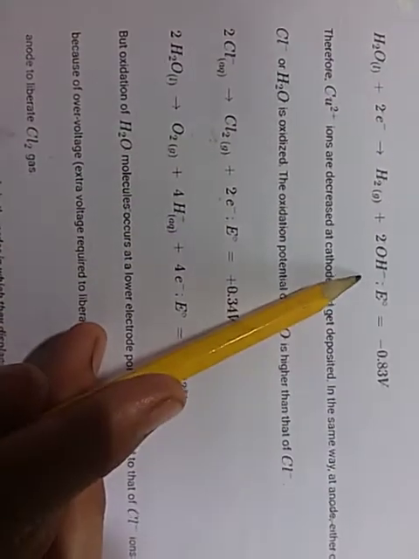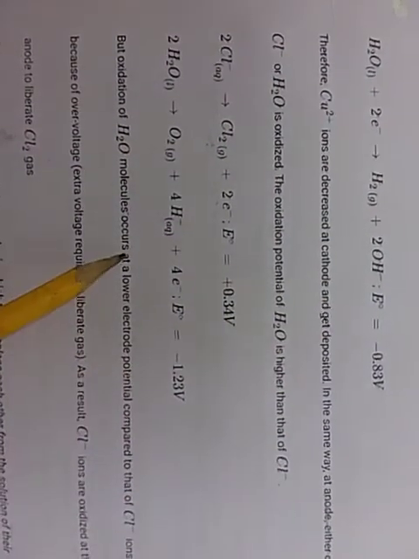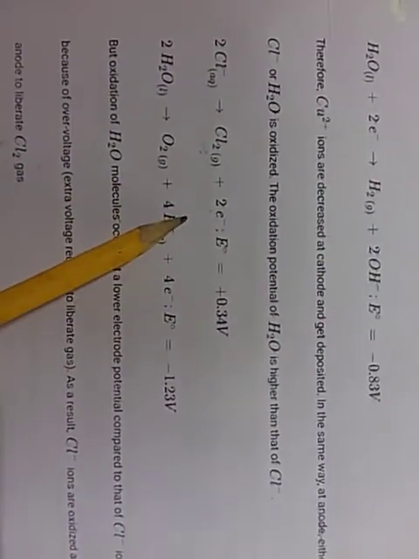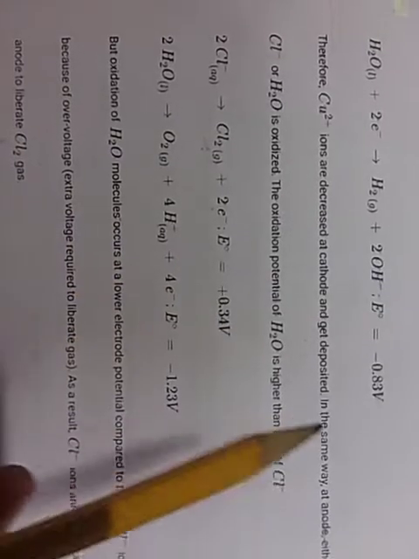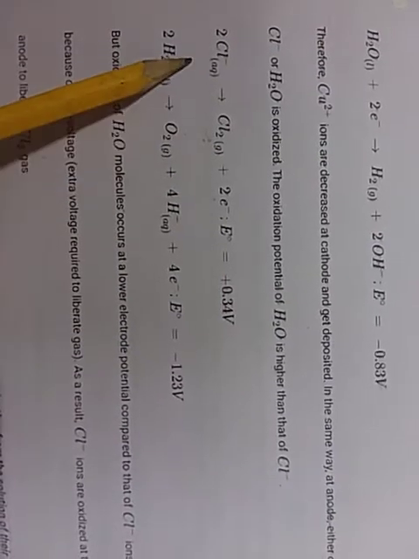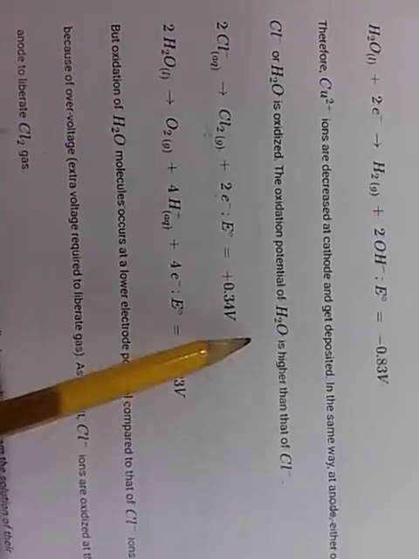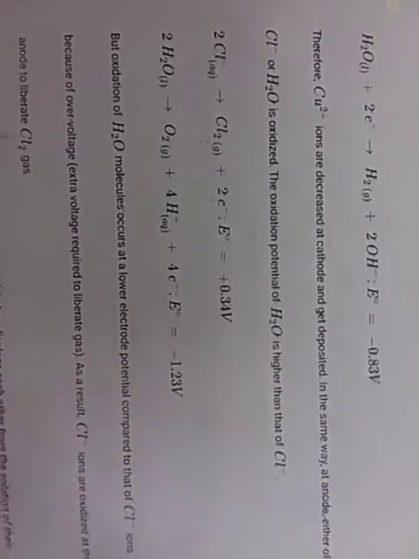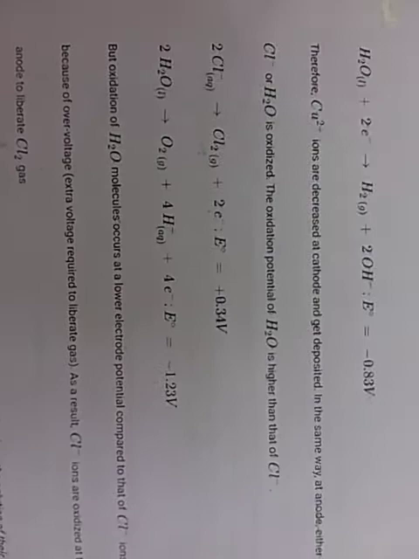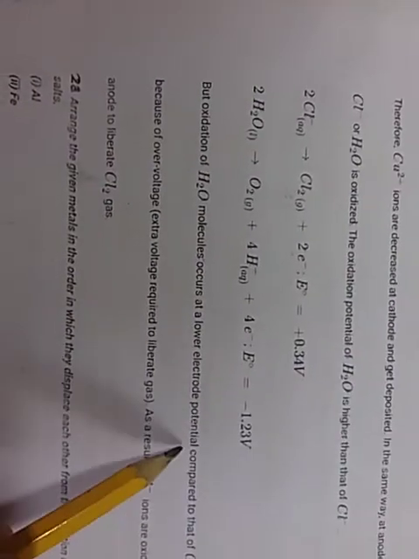One time you represent reduction and the second time oxidation. Reduction represents gain of electrons, and oxidation represents loss of electrons. The electrode potential values are also given in the table, so you learn the main ions, or otherwise in the exam the electrode potential values are also given. You only need to see, according to the electrode potential value, which is oxidized and which is reduced.